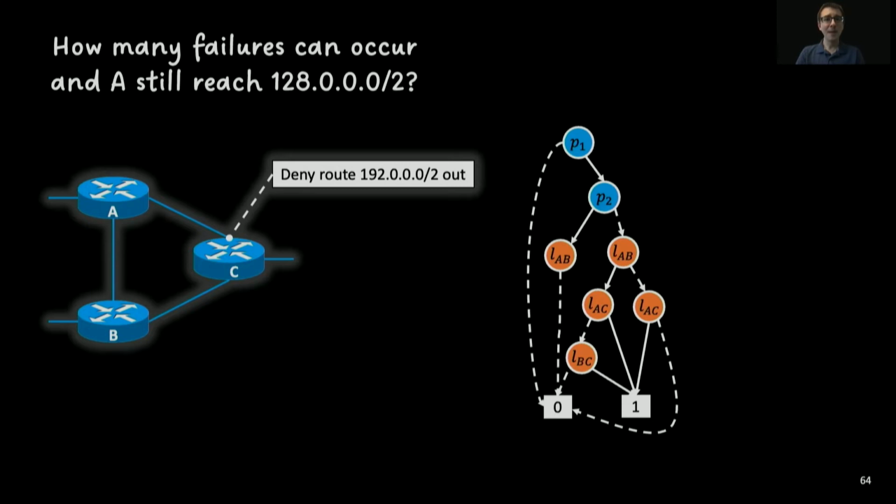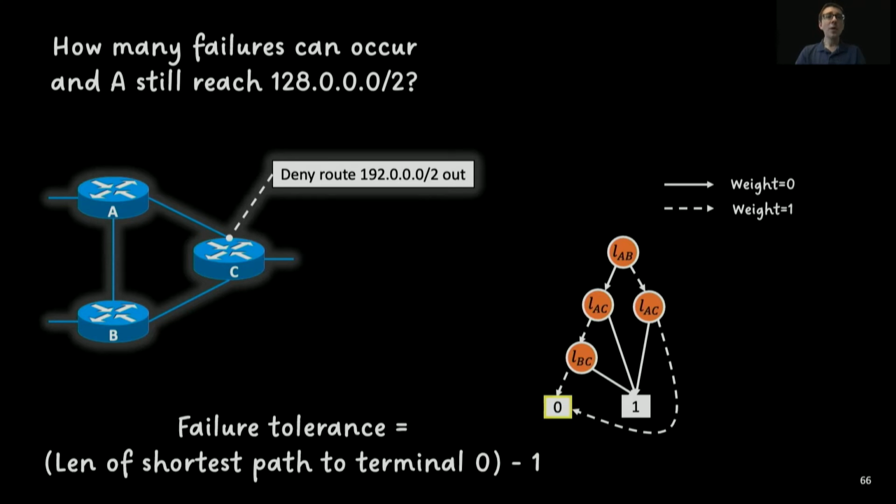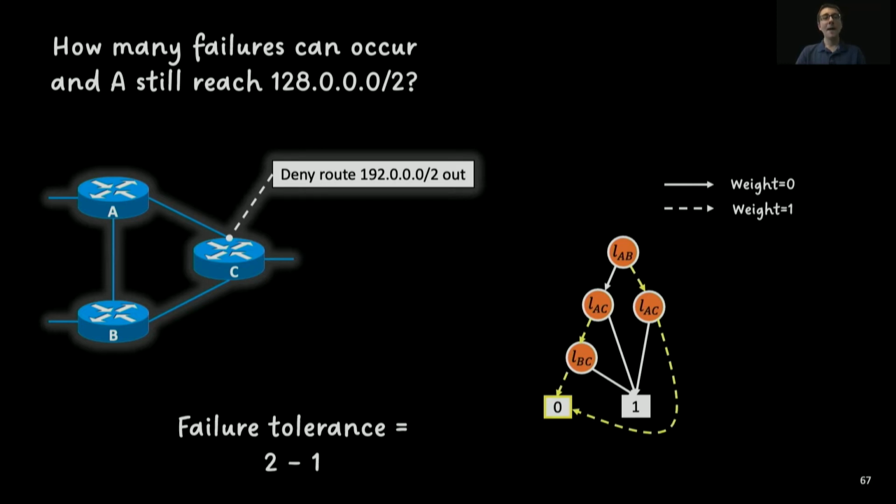First, we identify the path through our BDD that is associated with this particular packet header, namely where the first bit is a 1 and the second bit is a 0. We then look at the subset of the BDD that corresponds to this particular header space. And in order to compute the network's failure tolerance, we compute the length of the shortest path to the terminal node 0, indicating that there is no forwarding path. By computing the shortest path, which in this case is 1, when we weight the dashed edges as 1 and the solid edges as 0, gives us a failure tolerance level of 2 - 1,